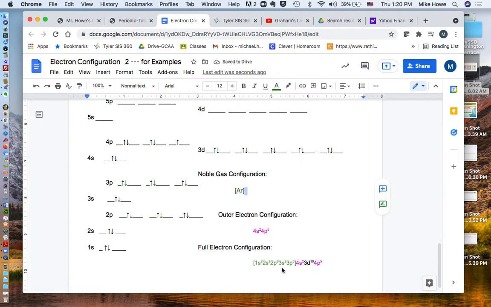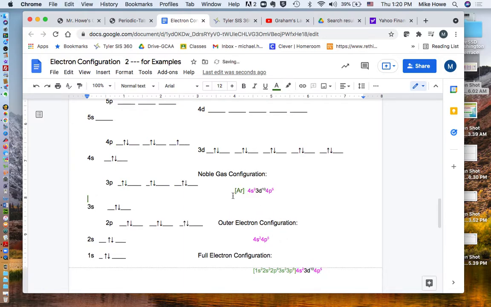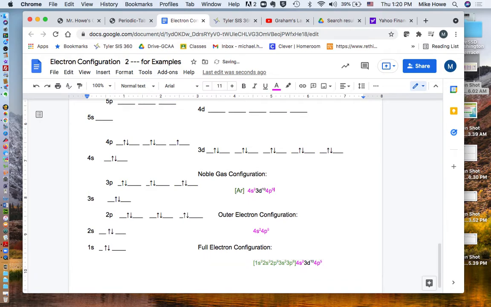All right, so now after you've done that, that's 18 of the electrons. These were not part of argon, so you copy them, and they just go after the symbol. So this is a shortcut way that's used pretty often to write electron configurations. Instead of writing all this stuff out, they put argon, then whatever's left over after the argon electrons would get added to the end. So bromine has 35, argon has 18, so these 17 would still need to be added